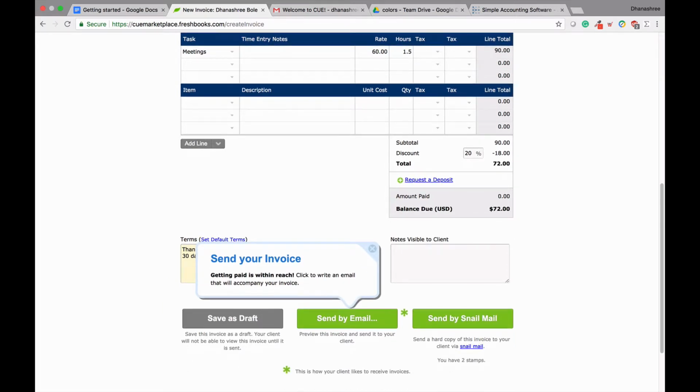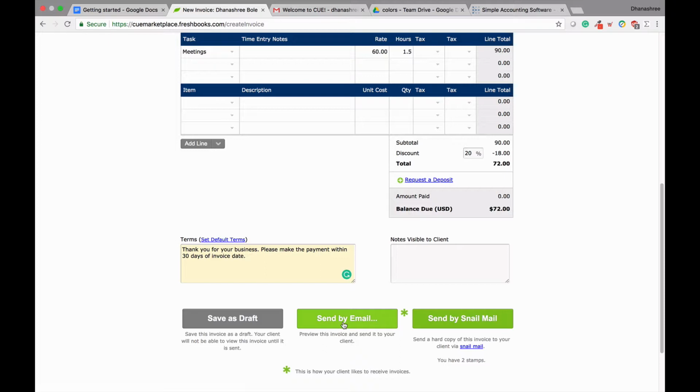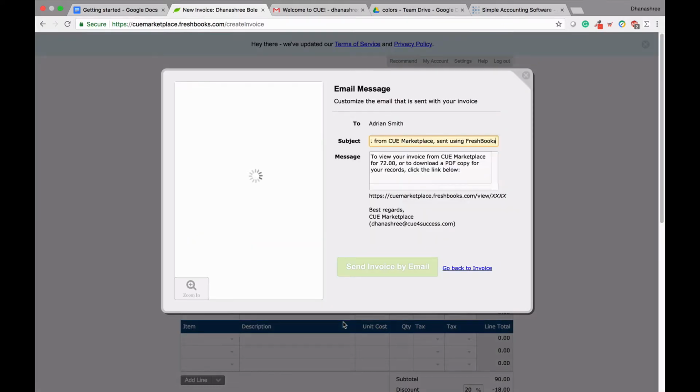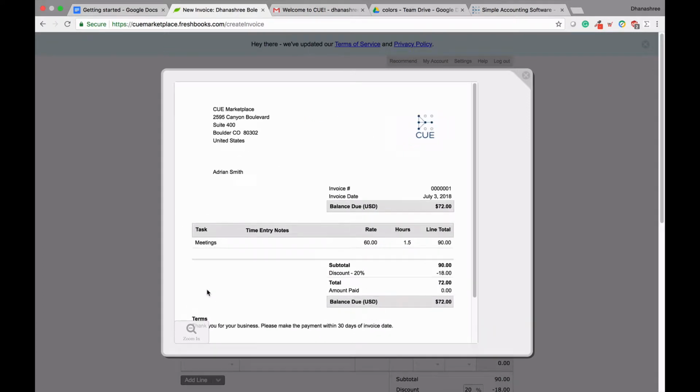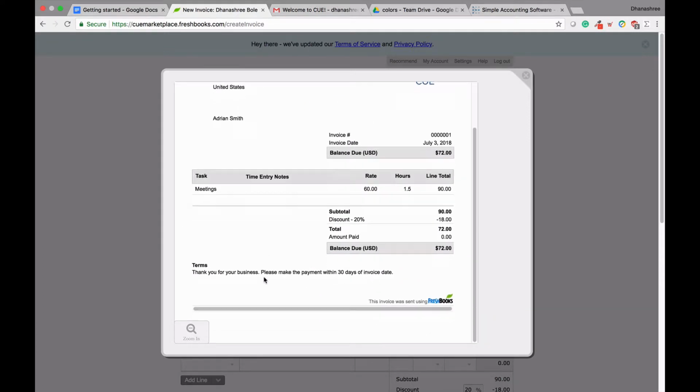Now the next step would be just to send the invoice. Snail mail is pretty old school, and traditionally now people just send it via email, and all you have to do is click on send by email and the invoice will be sent to your client. So this is how, let me zoom in, this is how the